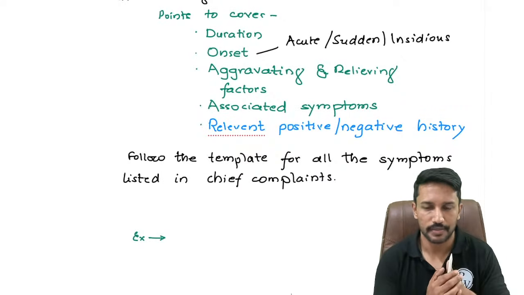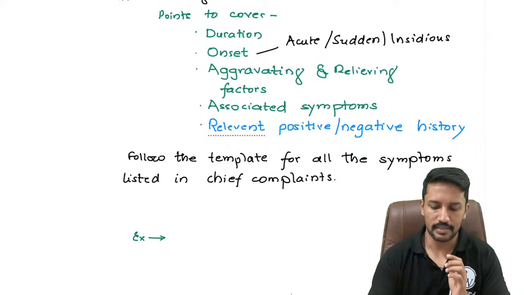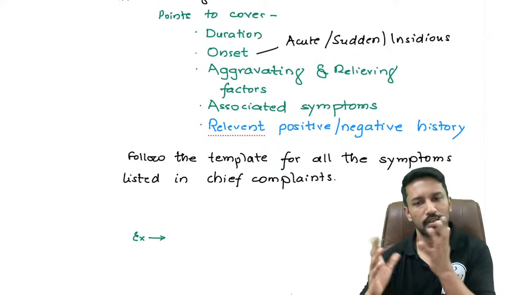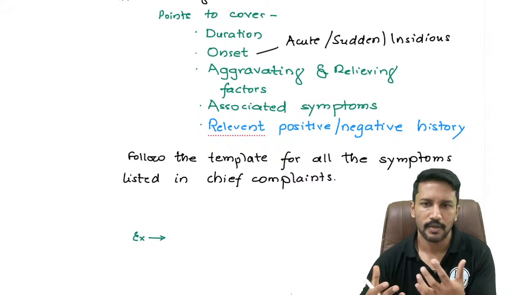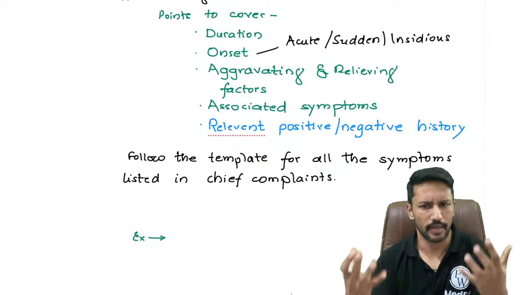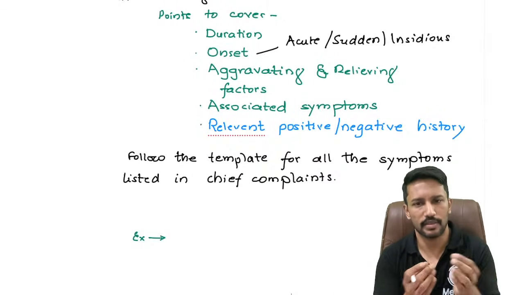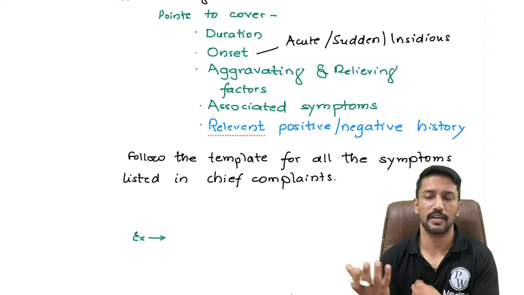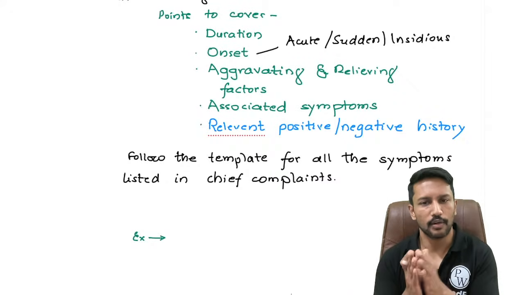That is sudden onset. Both are not equal, right? An insidious onset chest pain can be because of various causes. Just to give you an example, it could be because of the musculoskeletal problems of the chest, right? It could be because of